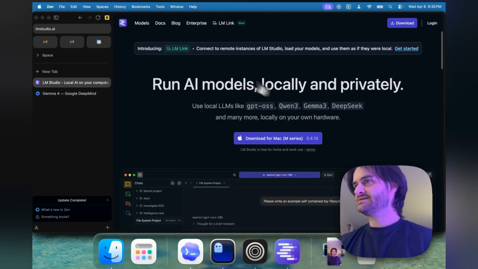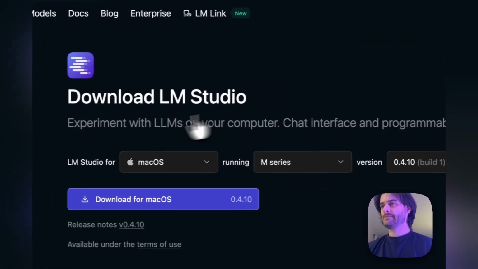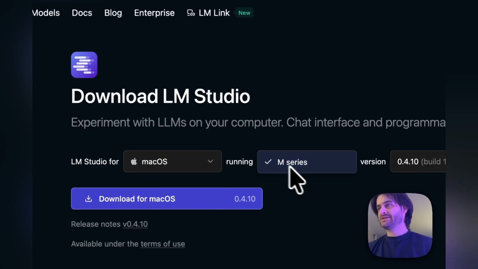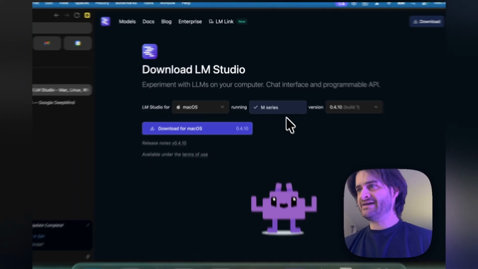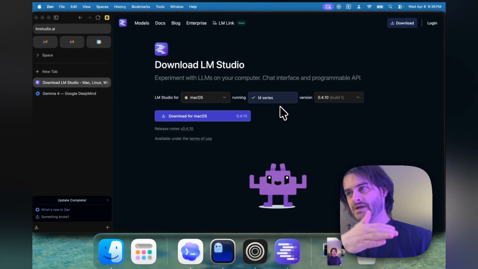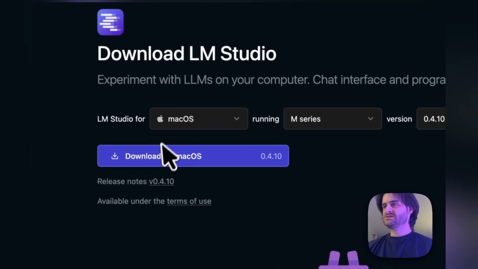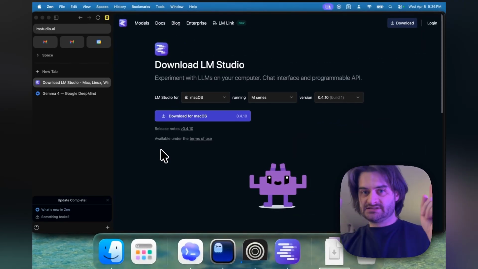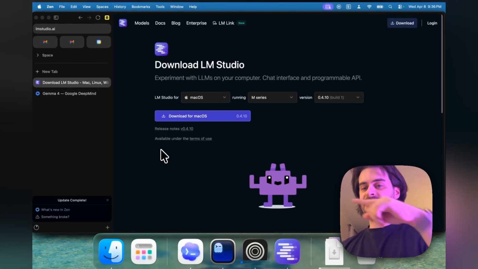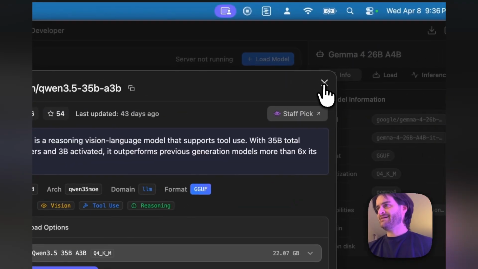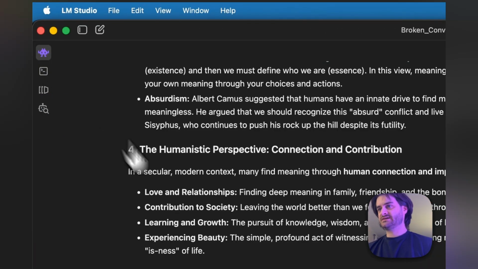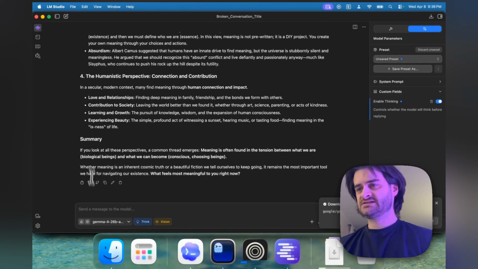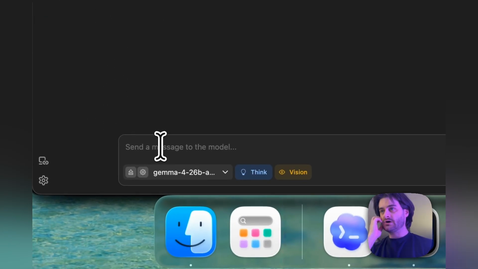So to download it, I'm going to go ahead and click download here. It is available for Mac, Windows, and Linux. I'm currently on my Mac M5, which would work with M series M1, 2, 3, 4, 5, etc. Once you download it, you're going to go ahead and install it. I'm going to skip that part because it's boring, and I'm going to meet you back in the interface. Okay, so I have LM Studio here. A few interesting things to note. If you look at this first tab here, I just have my chat where I can do,